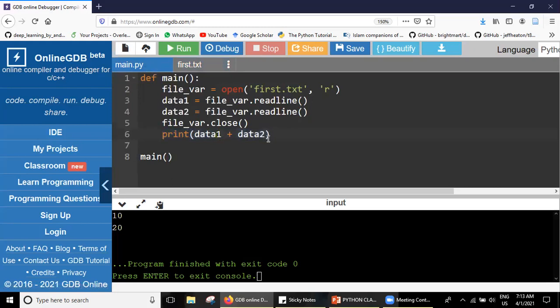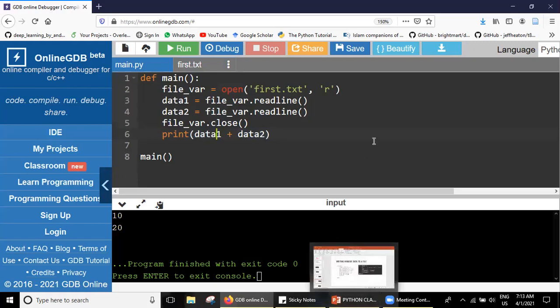I want the summation of these two. I want the program to consider it as an integer and not as a string. Are you getting my point? So what can we do?